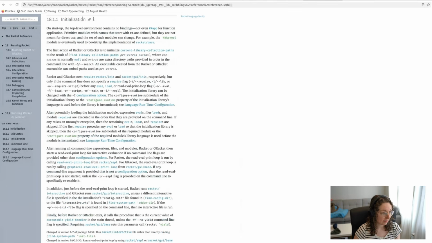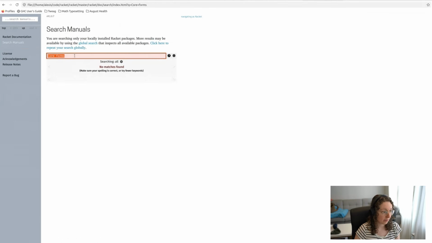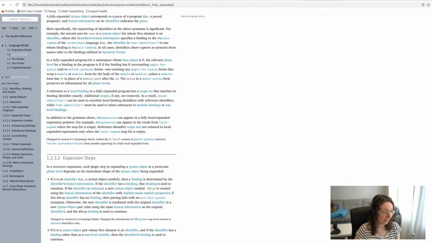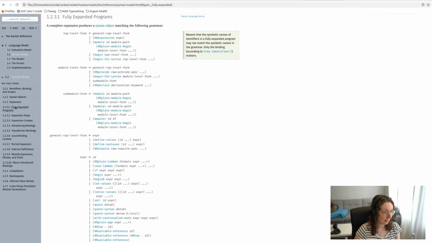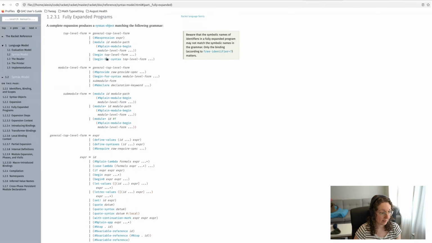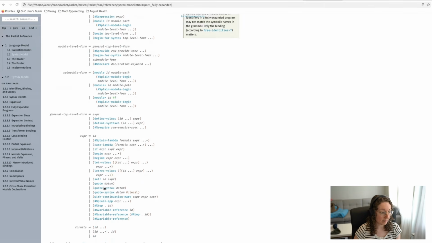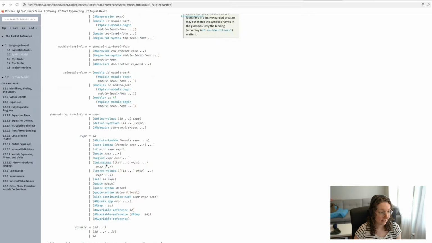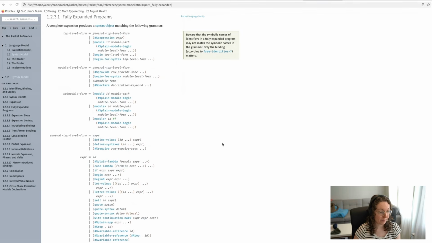Actually, this is not, oops, will that take me? No. Fully expanded programs. That's what I want. Oh, no. None of these are what I'm looking for. One sec. There's something in here, yeah, here we go. Fully expanded programs. So this is their core language, which is very minimal. It has if, lambda, let, again, not much else. And so everything else in your program is macro expanded down to this core little tiny